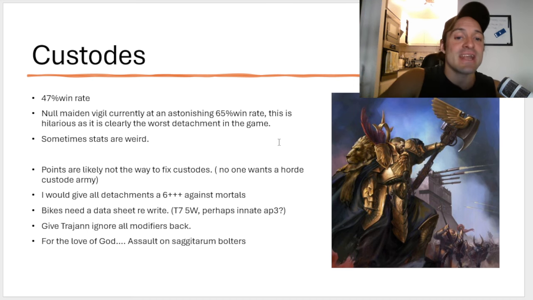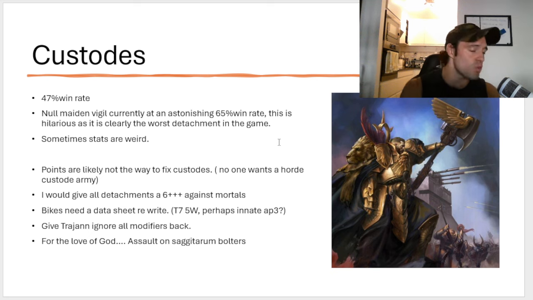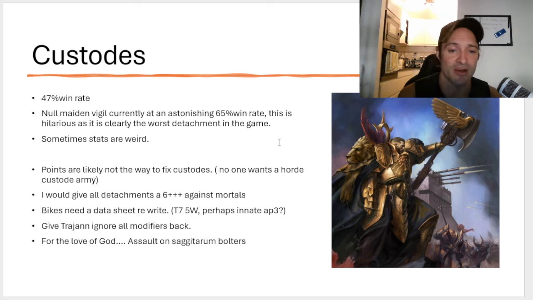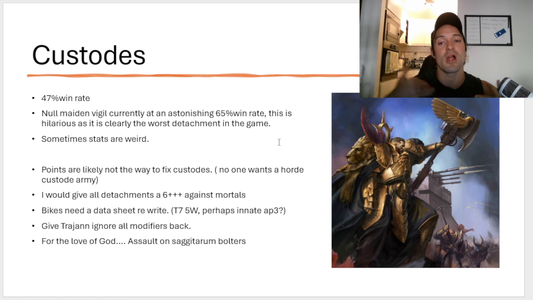Bikes need a data sheet rewrite. Bikes are just one of the worst units in the entire game. They're completely pointless, and it doesn't matter how many times they drop the points. No one's taking them because they're terrible. What I would recommend, let's put them back up to 5 wounds like they were in 9th edition. I would take them to T7, make them on par with a Terminator, with an Alaris Terminator's toughness, and then